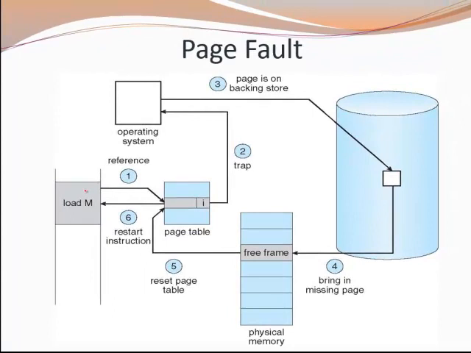Let's assume a situation in which a page fault occurs and the operating system goes into the secondary storage and searches for that page. When it transfers the page into physical memory, it tries to search for a free frame, and suppose there is no free frame. Then what happens? Then the operating system will replace an existing page with the new page. This is called page replacement. Which page is replaced depends on different algorithms called page replacement algorithms. We have different page replacement algorithms, which we will discuss in our next lecture.